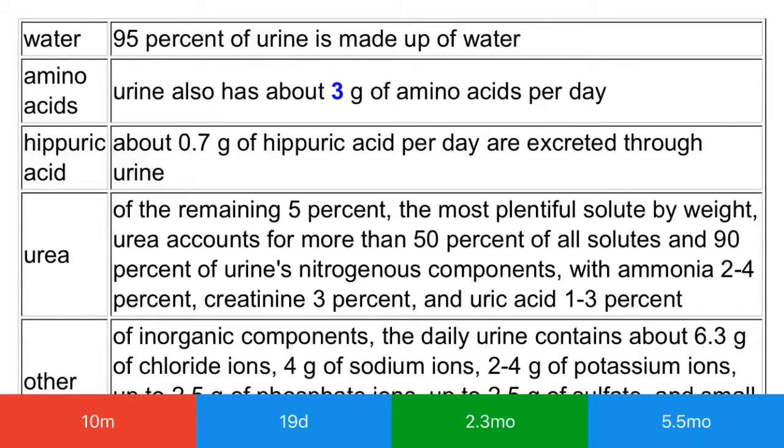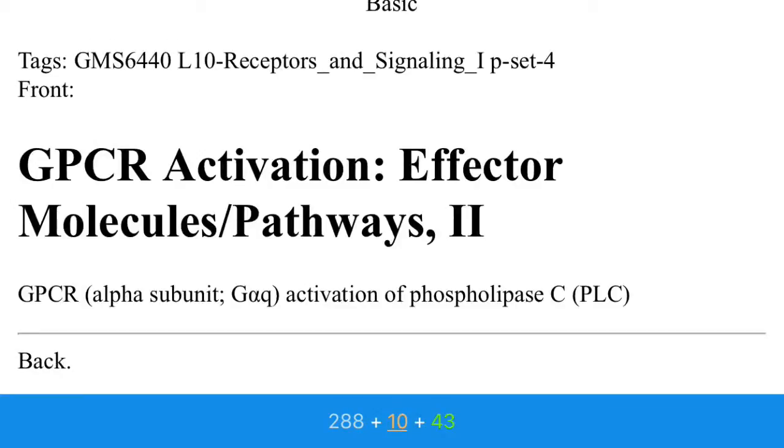I think it's 3. It was 3. Right, 19 days. GPCR activation, vector molecules, pathways 2. Okay, cool. So you missed the whole thing where we're going over this because I forgot to turn it on,